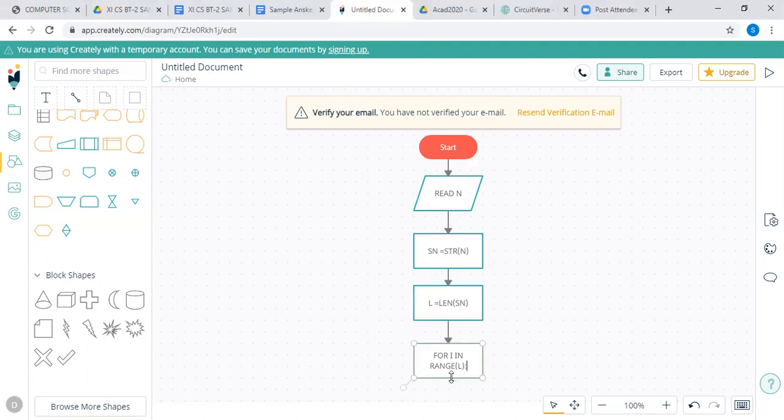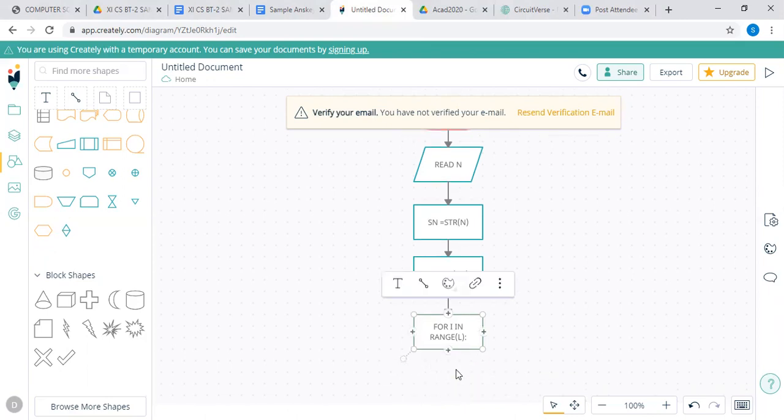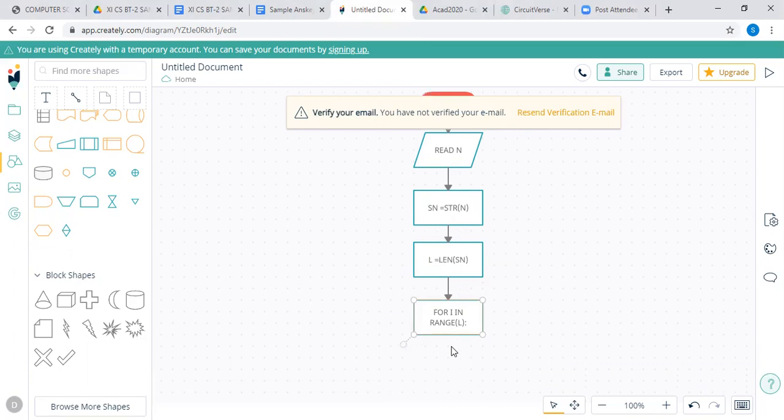So range L. And now after this, we need a kind of connector. Let me see if I can do a connector here. I can go downwards, but in case you don't go downward, you can use a connector and go to the next side. So for range L, now what I need to do is